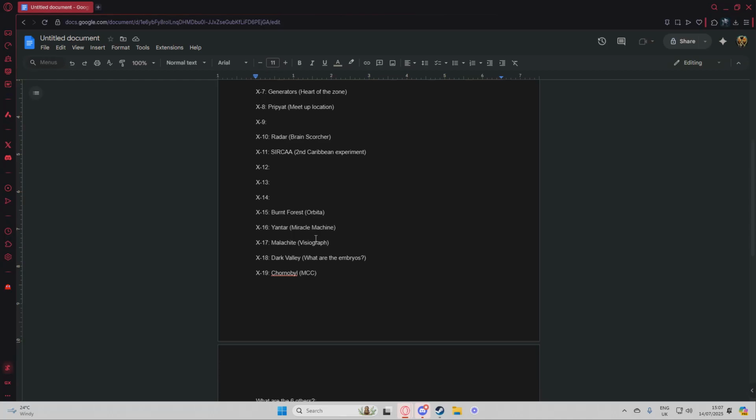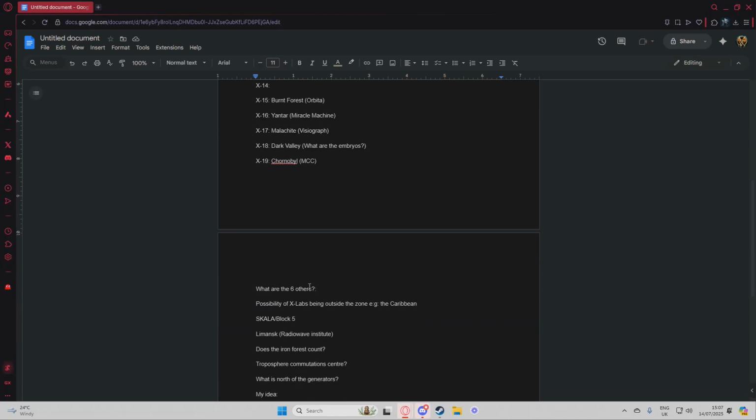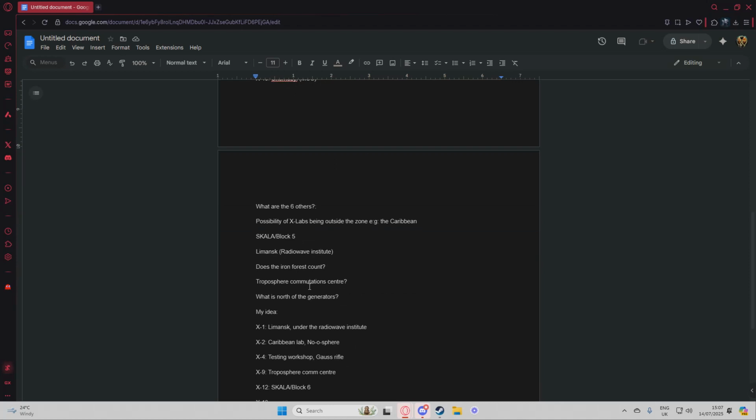And yeah, I think that makes sense for it to be an X lab. X19, there's going to be a lab you can explore under Chernobyl in Stalker 2 and one of the DLCs. So I think that makes sense that it would be the one on the control center X19. But I suppose we'll have to wait and see. For the other ones,